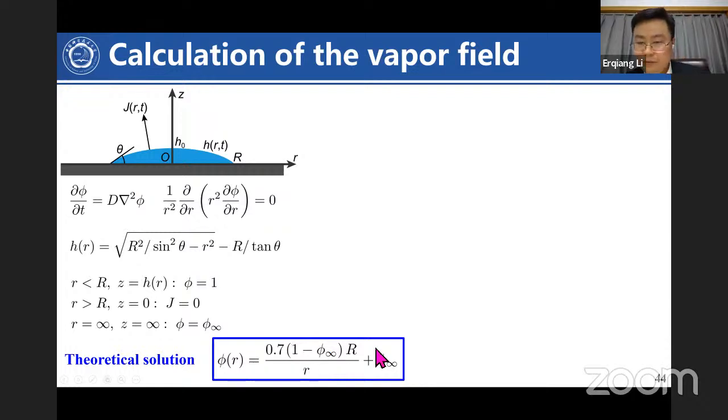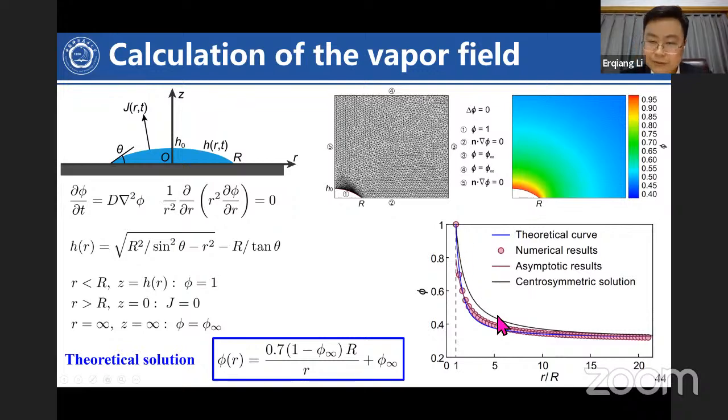It works pretty well with the theoretical solution, the blue line, the theoretical curve, and this one. Okay, this answer takes the result. So we use this later as the distribution of the relative humidity in the space because it really works pretty well. Okay, so now we know how phi is distributed in the space.